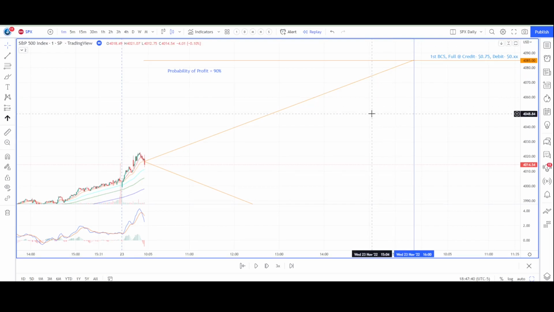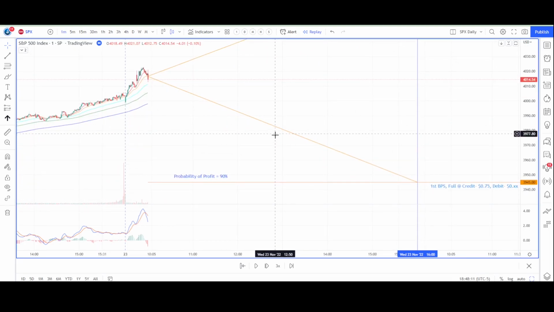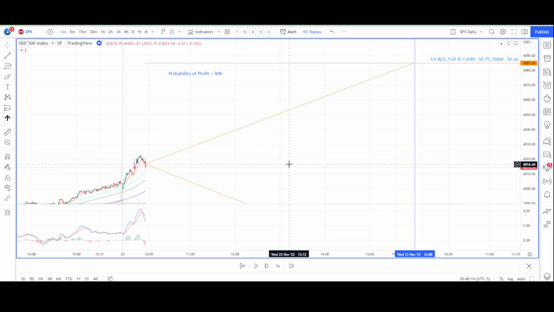Well, an iron condor is when you have opposing vertical spreads with the same expiration date. In our strategy, this would happen if we employ both a bull put spread and a bear call spread. Now, why would we actually use this tool? Well, if I believe the market is neither bullish or bearish, but rather will kind of chop sideways all day, I will elect to sell to open the iron condor. I can also leg into an iron condor one spread at a time, meaning if I'm already in, let's say, the bull put spread, I can add the bear call spread later for almost no additional buying power.